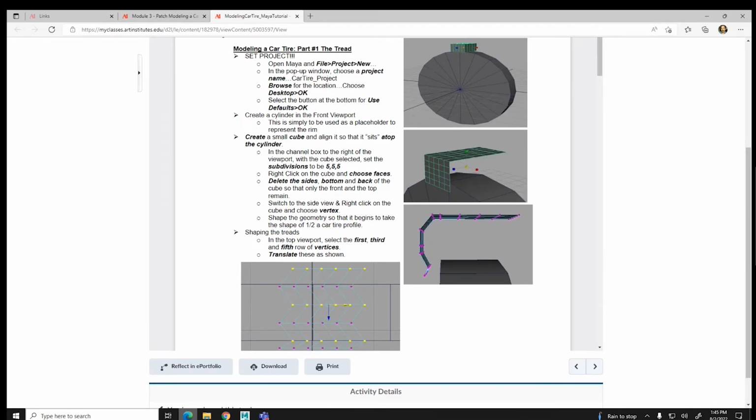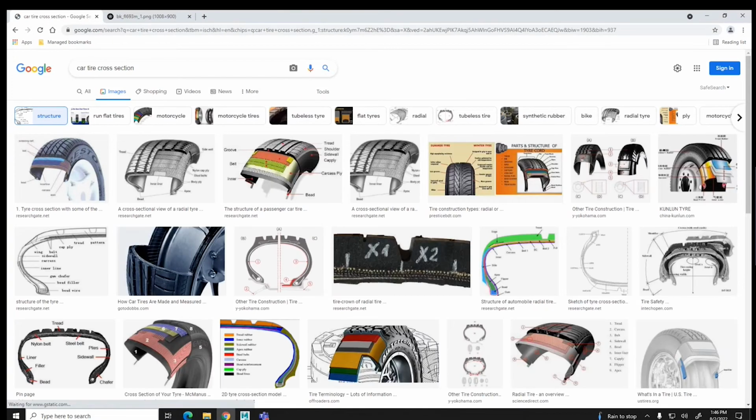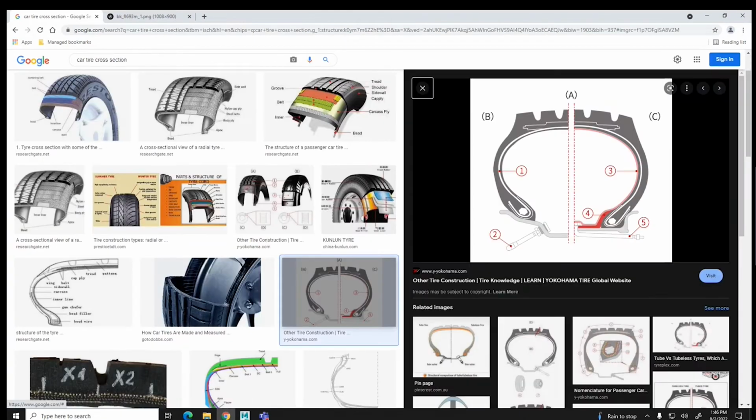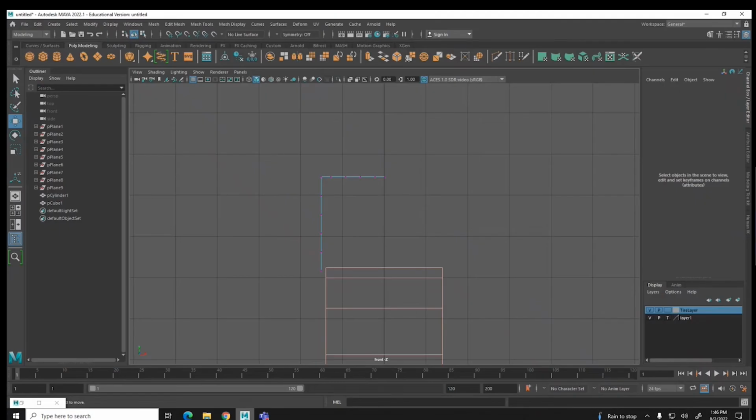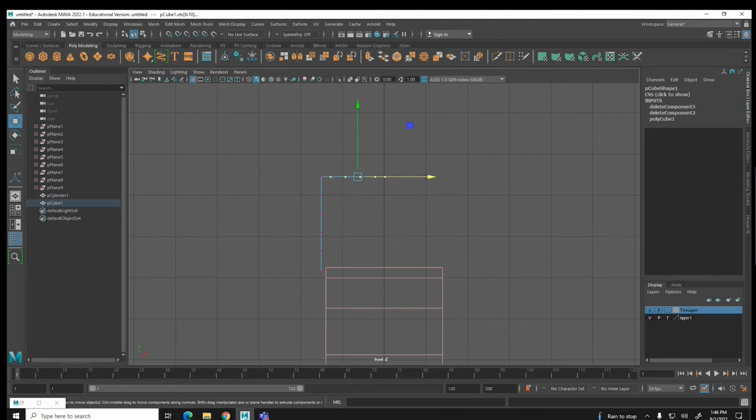We're now going to shape the geometry so that it begins to take the shape of half a car tire profile. What the heck does that mean? Get the top portion to move without coming out from the top. Instead of shrinking, I selected only these to the right, not that one. And using scale, I was able to scale only those. Okay? And then I just nudged that one in the middle so that it was right on that